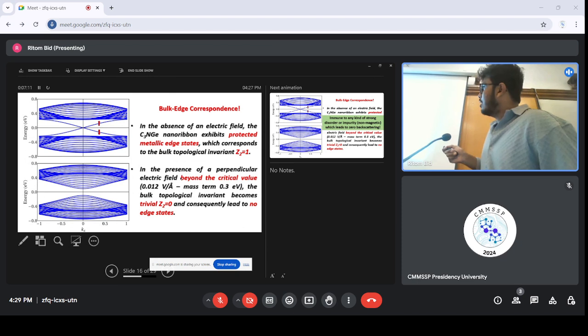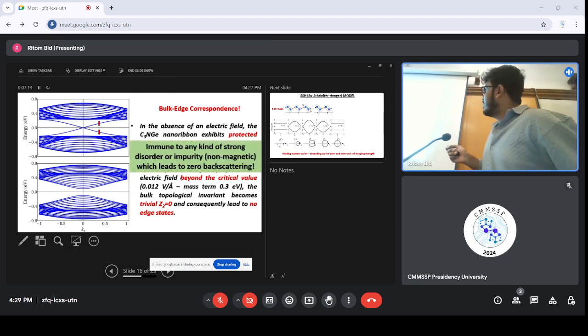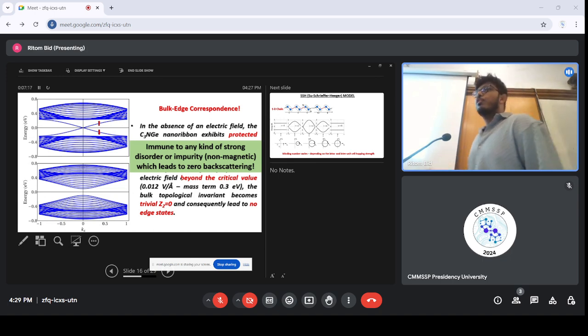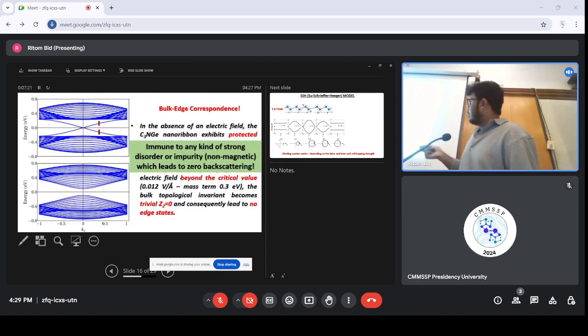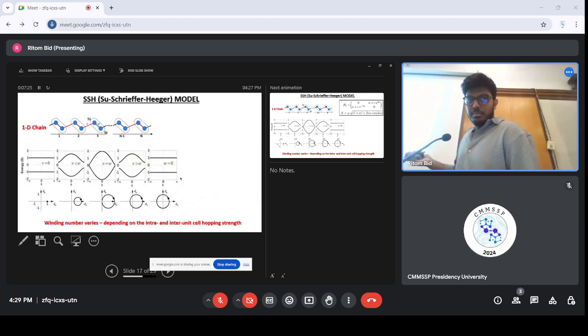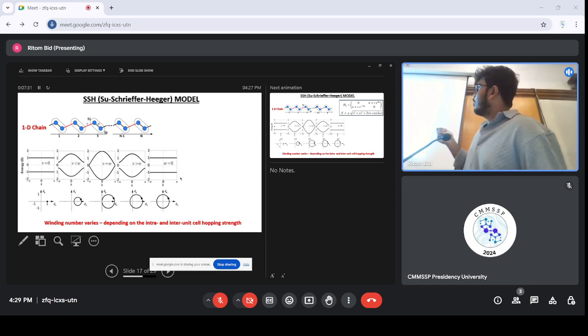These states are immune to any kind of strong disorder or impurity, which leads to zero backscattering, so it's useful for spintronic devices. Now, as far as the 2D elements are concerned, we showed that they are topologically non-trivial, but what about 1D systems? So we have also invoked the famous paradigmatic model of topology, which is the Su-Schrieffer-Heeger model in the